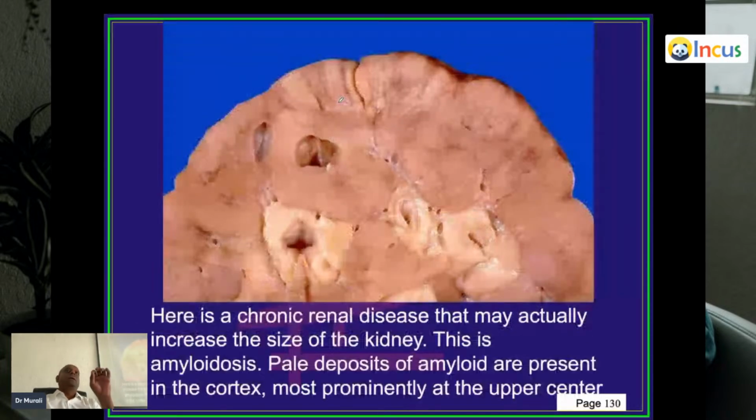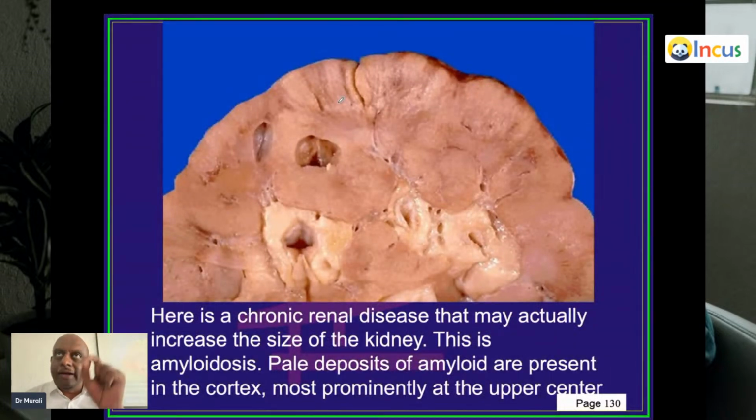And what are the conditions where there is chronic kidney disease, but kidney size is normal? Chronic kidney disease will cause a shrinkage of the kidney, but here kidney size is normal. One is diabetic nephropathy: when there is CKD, kidney size doesn't shrink. Amyloidosis, in fact, kidney size increases. ADPKD, autosomal dominant polycystic kidney disease, when it leads to chronic kidney disease, size is increased. All other conditions leading to chronic kidney disease, size is decreased.